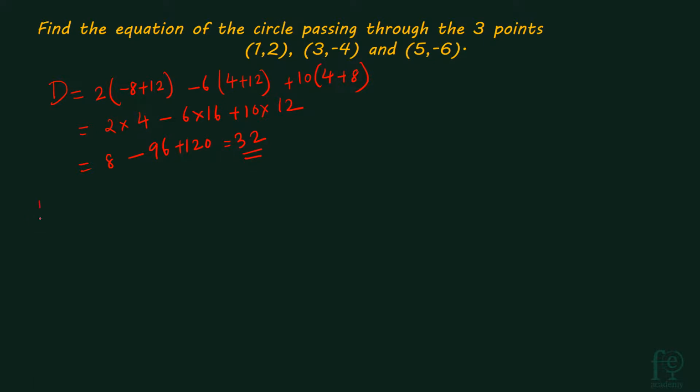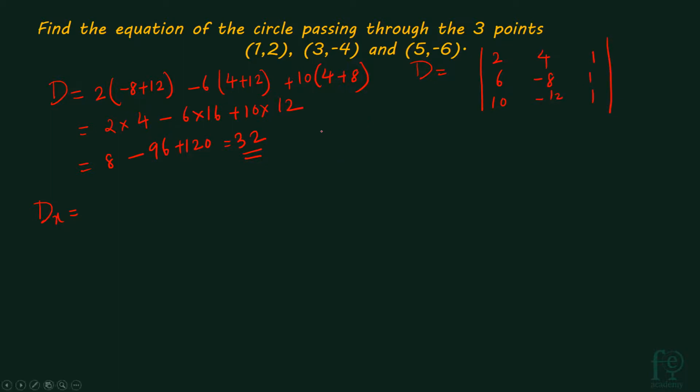Now we have to find out dx. So dx means you have to substitute the three constants in the first column. So what was d? We'll once again write d here. D was the coefficient determinant. So 2, 6, 10, then 4, minus 8, minus 12 and 1, 1, 1.